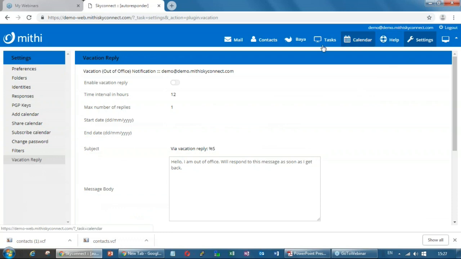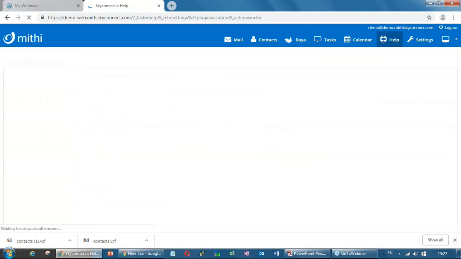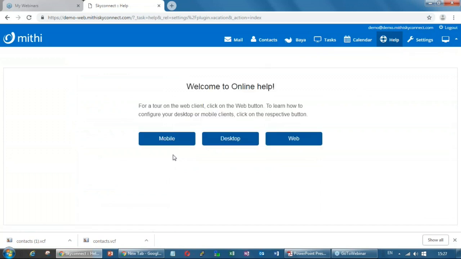Now other than this, there are other links as well in this. Mainly you can go to your old interface from here, to Baya V2. Then there is a help link given here. So from here users can go to the help topics and check how to use the different applications, email, contacts, calendar.